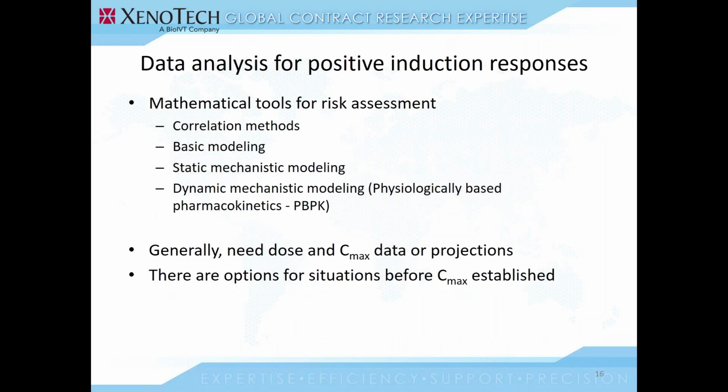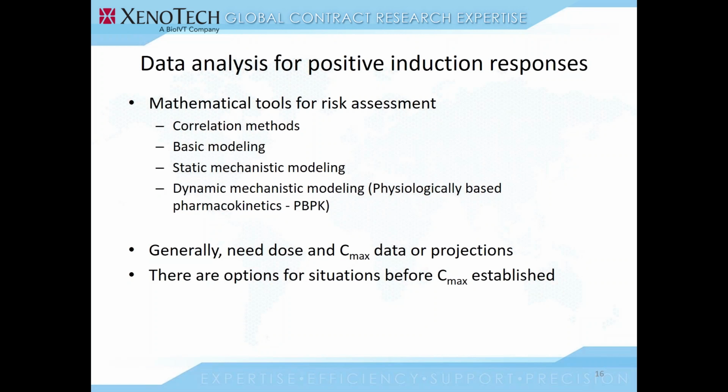So what we really need to do once we have these positive responses is start thinking through modeling, essentially. There are a lot of mathematical tools for risk assessment, and basically the FDA guidance gives you a nice little pathway to follow for how you deal with a positive response. So that's what we propose too. And you can use correlation methods, basic and static mechanistic models, or get into the really complex area of physiologically based pharmacokinetics, PBPK modeling. And so what we typically do is start with the simple and move to the complex